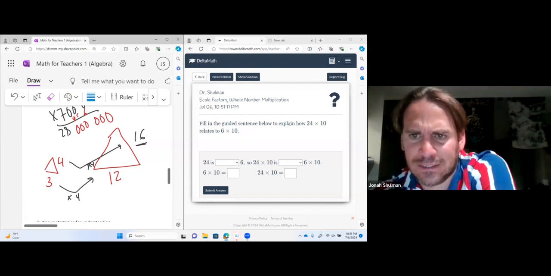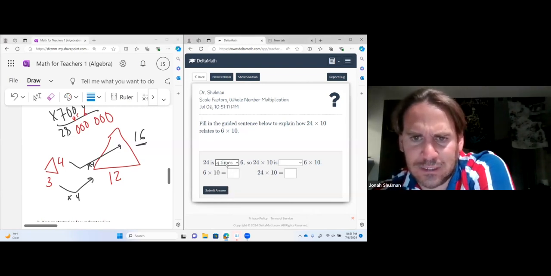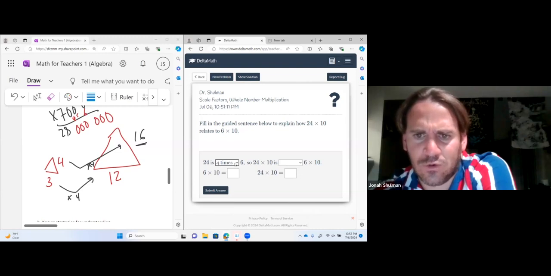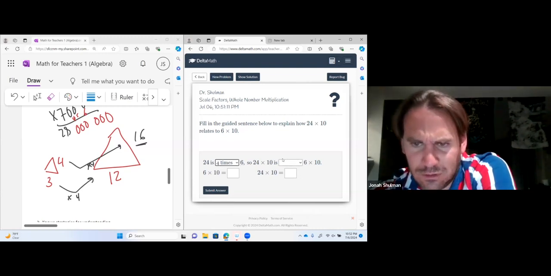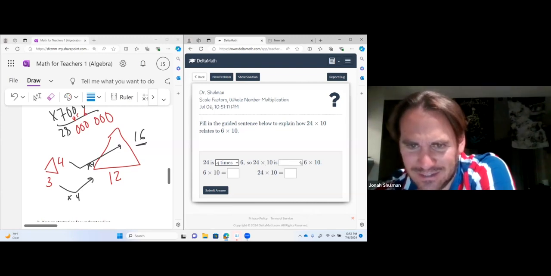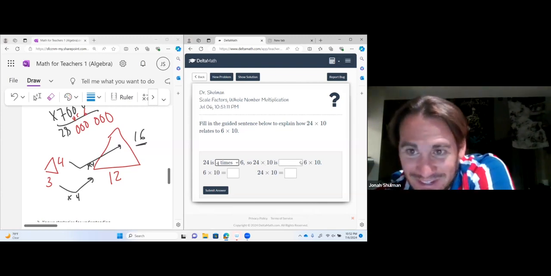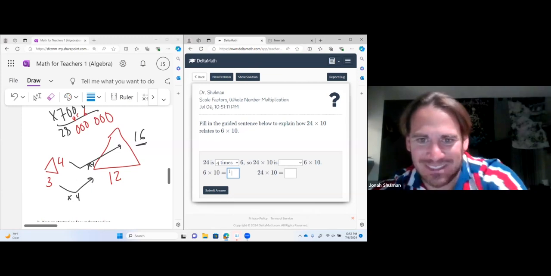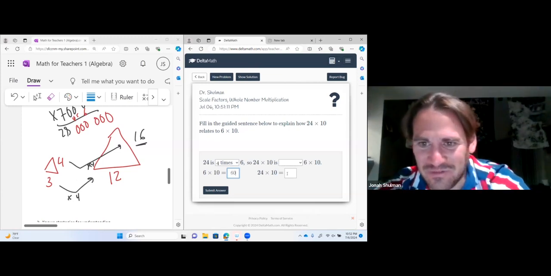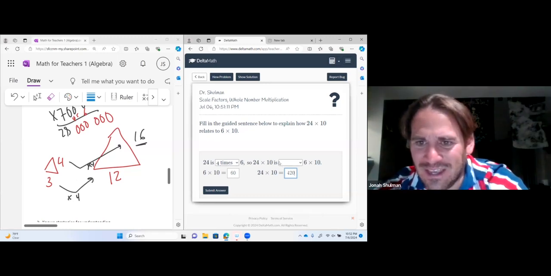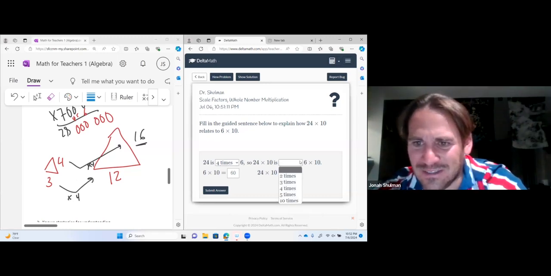So fill in the guided sentence below. 24 times 10 relates to 6 times 10. 24 is 4 times 6, right? 24 is 4 times 6. So 24 times 10. This looks crazy. 6 times 10 is 60. Cool. 24 times 10 is 240. Okay. So 24 is 4 times 6, and 24 times 10 is,